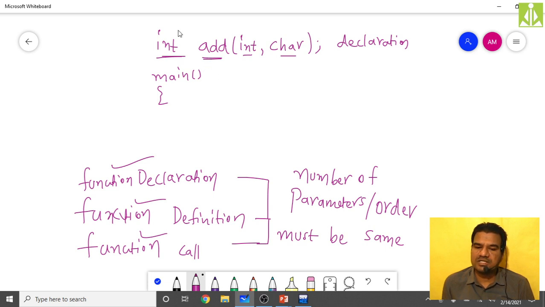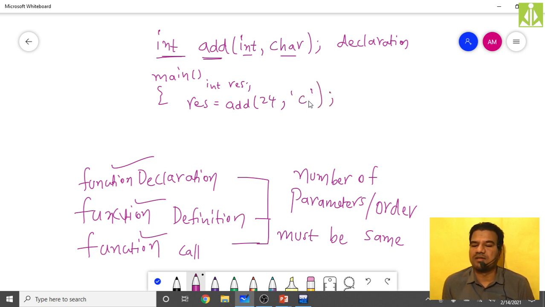It returns an integer value, so you put result equals to, and this result must be of type integer. So result equals add of 24, which is an integer value, then the character value within single quotations, like 'C'. First you pass the integer, then the character.